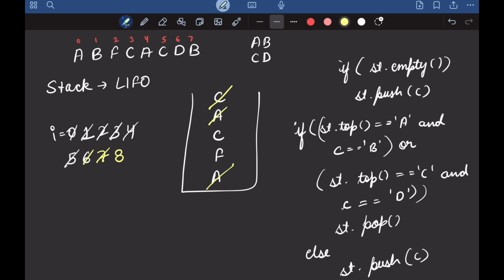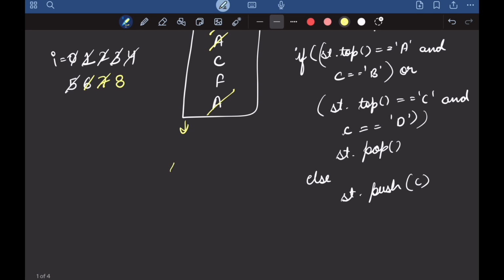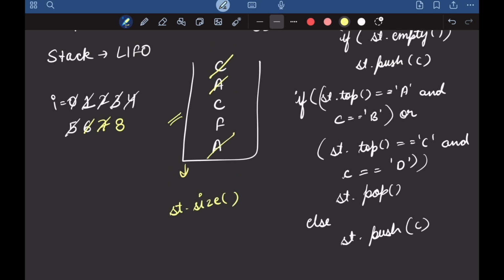Whatever is remaining in our stack are the characters of the string which couldn't form a valid pair, right? So these are the two characters that remain, F and C. So this will be our answer. Whatever the size is, that will be our answer, which in this case is 2.